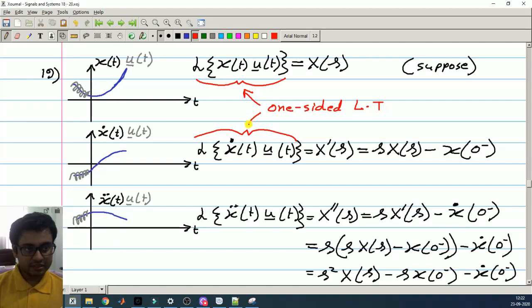These are not complete Laplace transform or two-sided Laplace transform, which considers the signal starting from minus infinity to plus infinity. Instead, these are one-sided Laplace transform, which considers the signal starting from 0 or 0 minus precisely up to infinity. Okay,